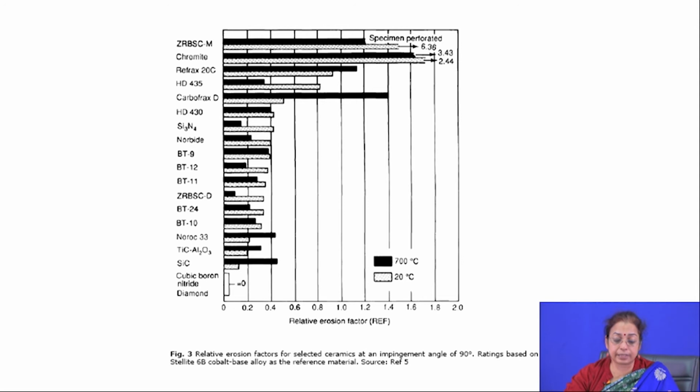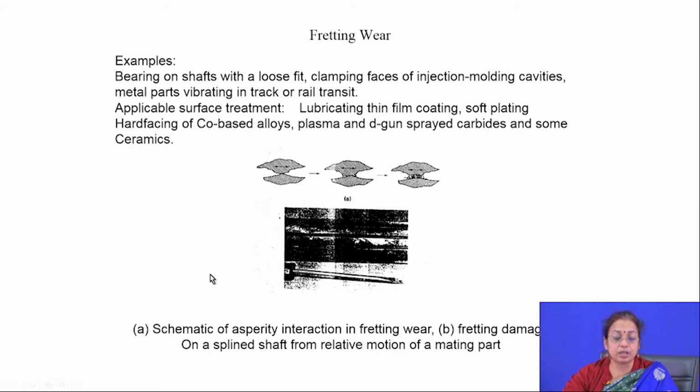Again, the relative erosion factor is shown as a function of temperature for different materials. For ceramic material, you will find that cubic boron nitride has a very low relative erosion factor, and then silicon carbide, then titanium carbide, and finally chromite. So, this particular ceramic materials behavior is very important because in many cases for reducing the probability or minimizing